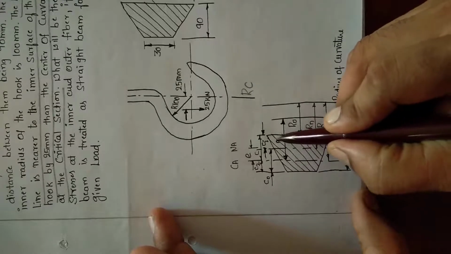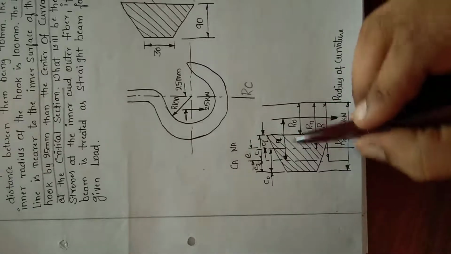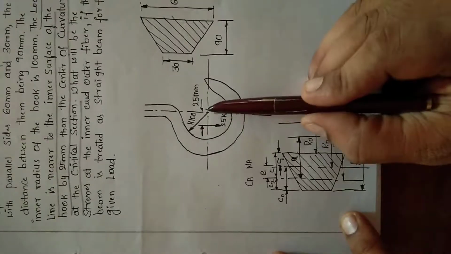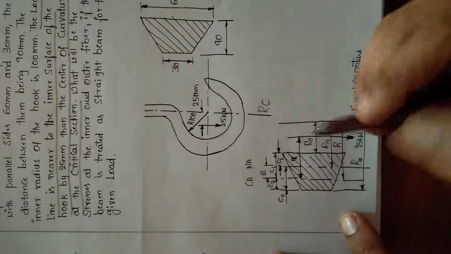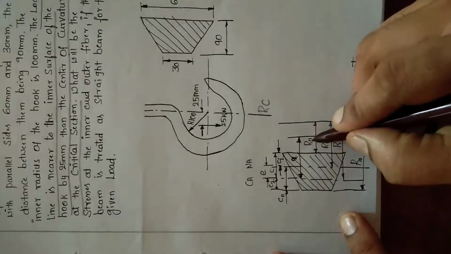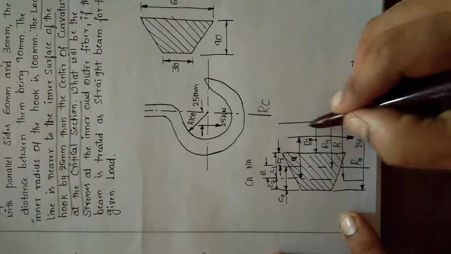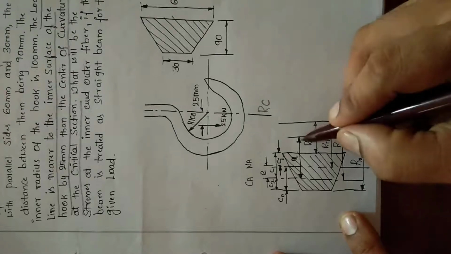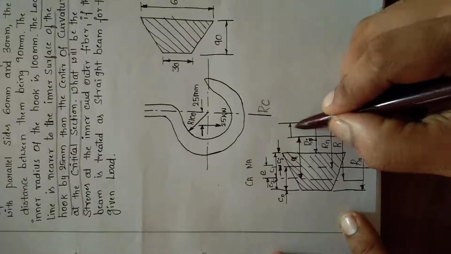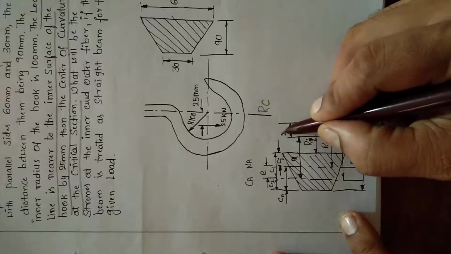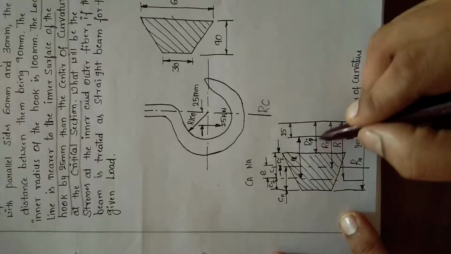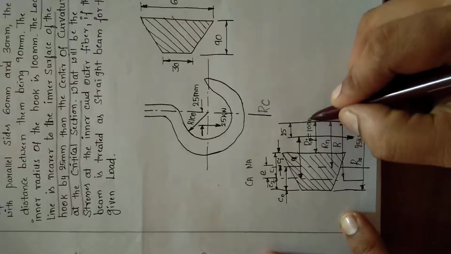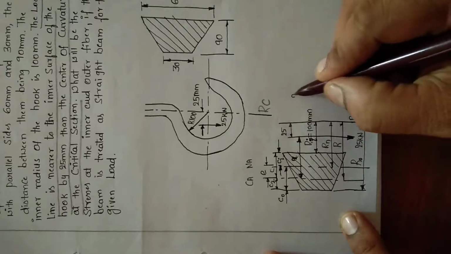This is the distance X. So now I need to find the distance X. Here he has given the distance from the radius of curvature to the applied load as 25 mm. So this is Ri, sorry. This is the radius of curvature to the inner fiber, Ri, and the radius of curvature to the outer fiber is R0. The distance between these two is 25 mm, and Ri is 100 mm.